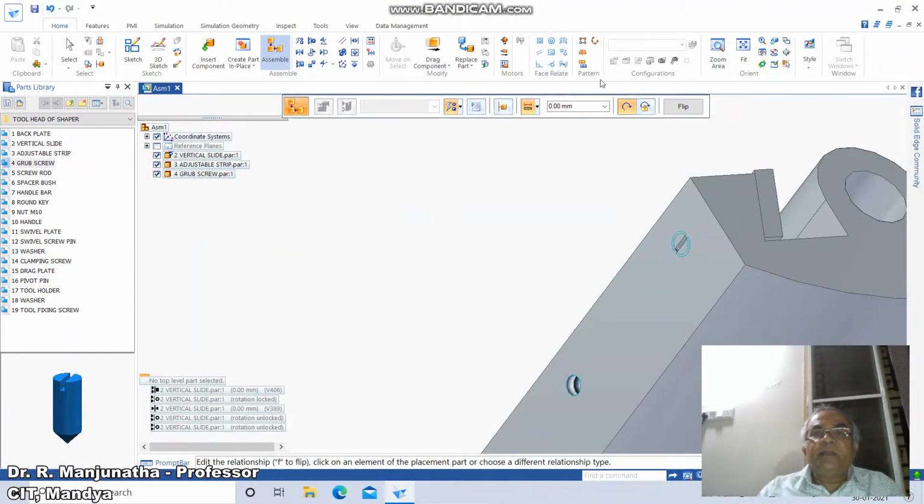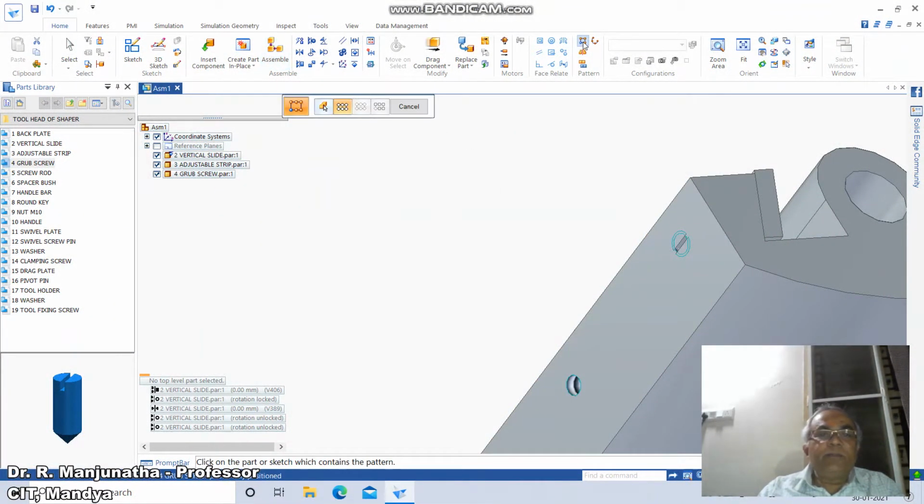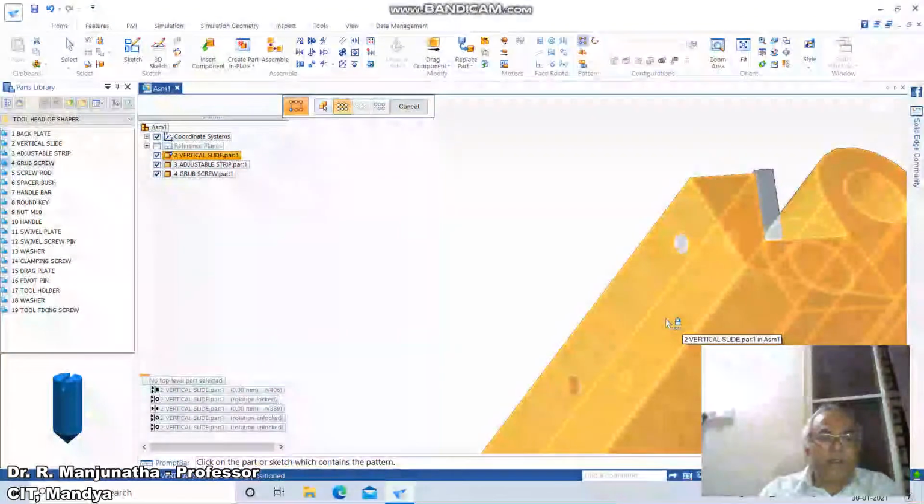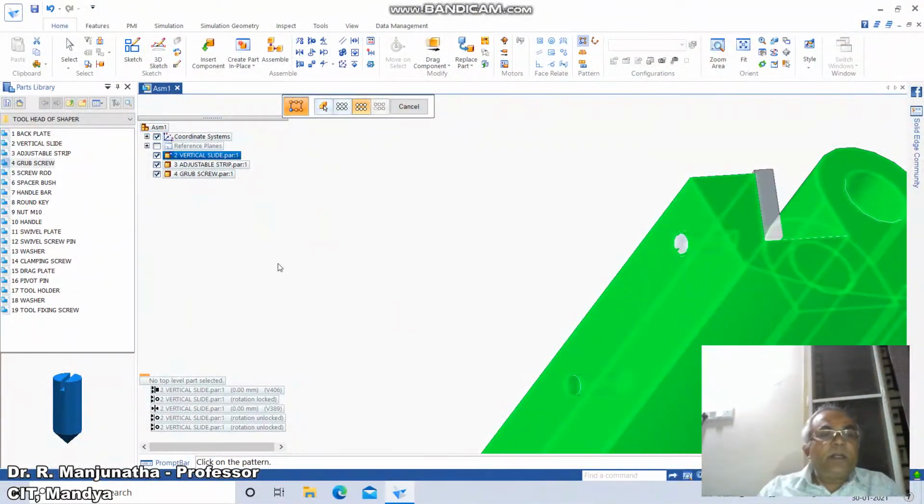Now we'll go for a pattern. You just click on the rectangular pattern, click on the part or sketch which contains the pattern. So click on the part which is going to create the pattern. Click on the pattern. You just click on this. So you go to fit.